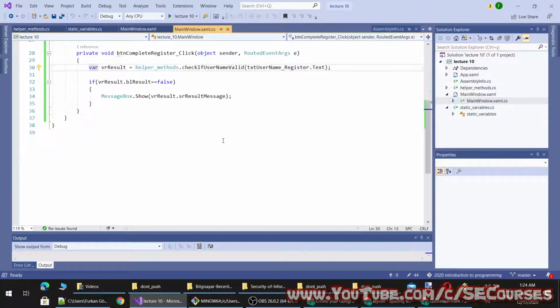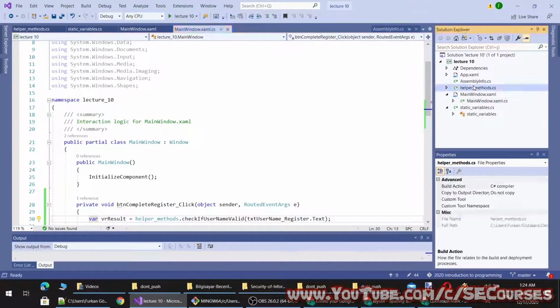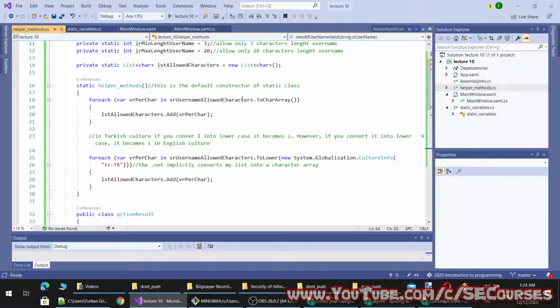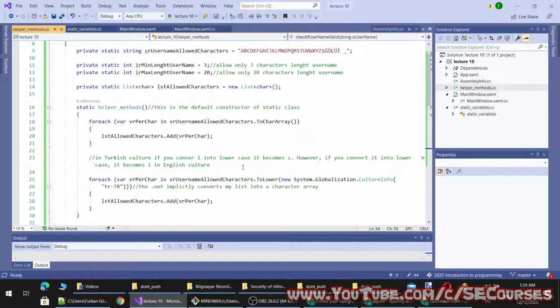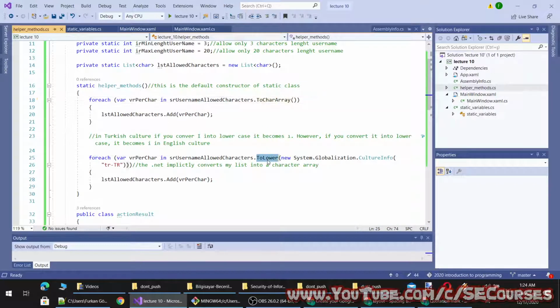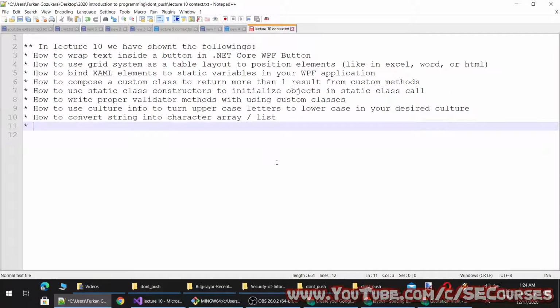By the way, you can also use the opposite of this, the to lower method, which is here. You can also use to upper. Okay, it is the same. So let's note them as well.